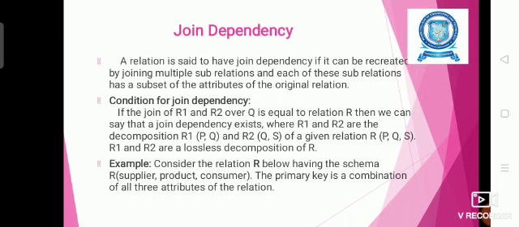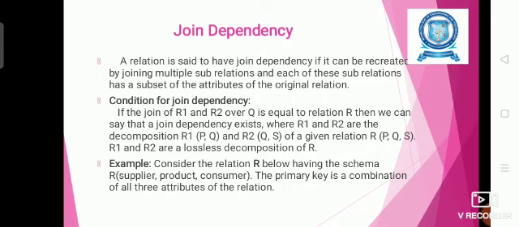So in previous videos we have seen about the various normalization forms like 1NF, 2NF, 3NF, Boyce-Codd normal form, then 4NF. Now we are going to see the fifth normal form. 5NF is associated with one feature called joint dependency. So we are studying this feature along with the 5NF form. So now let us see about joint dependency.